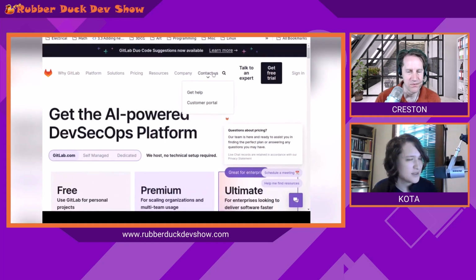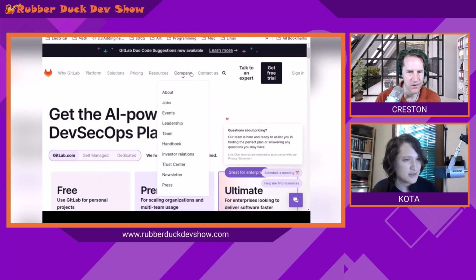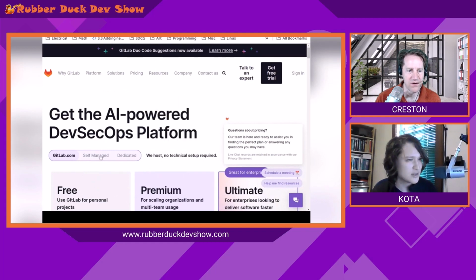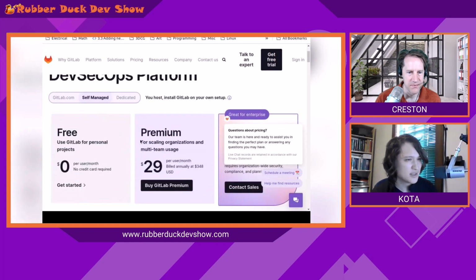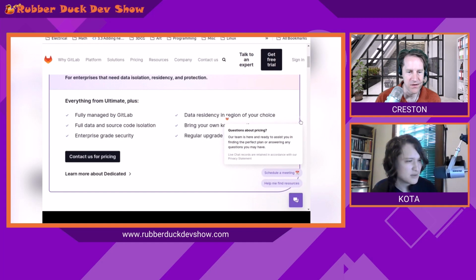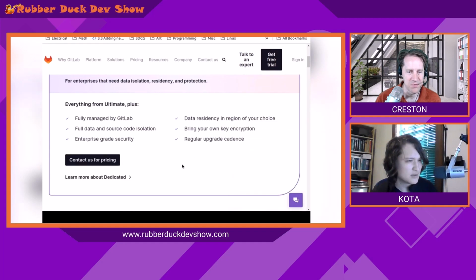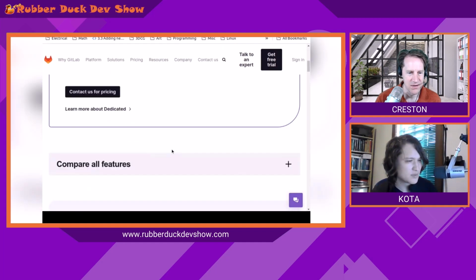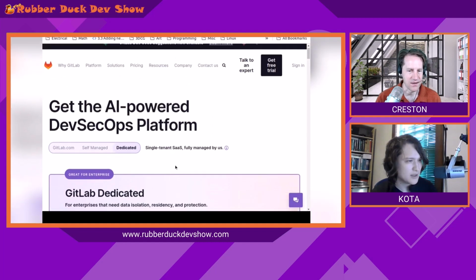If you scroll up, right below where it says DevSecOps platform, the header of the page, you can click between GitLab.com, self-managed, or dedicated, and presumably the prices would change based upon that. Okay. So they have a similar